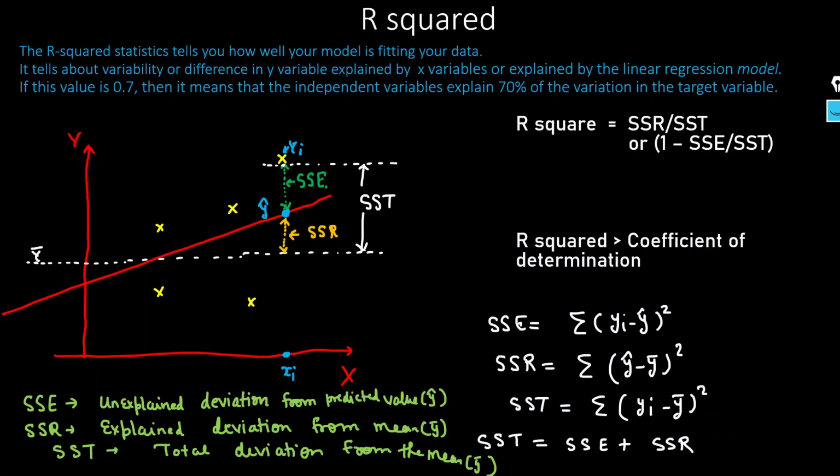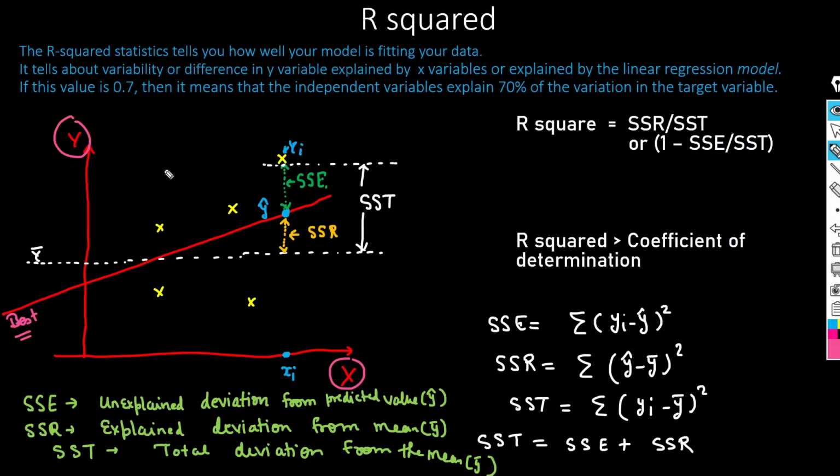Today I am going to discuss R squared. R squared is an evaluation metric that we use in linear regression. We created the linear regression model. This is our output data and this is our input data, and this is the best fit line. By that we have created our linear regression model.